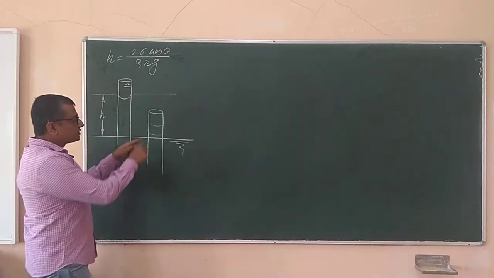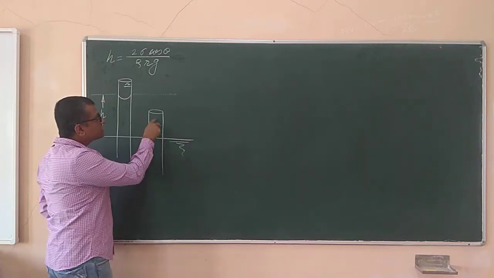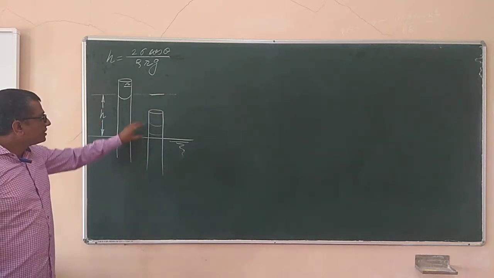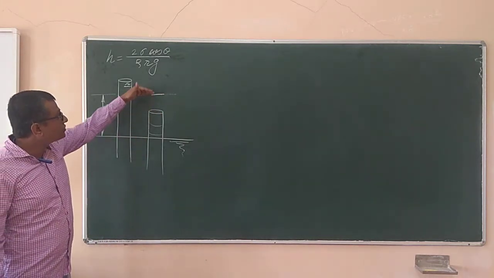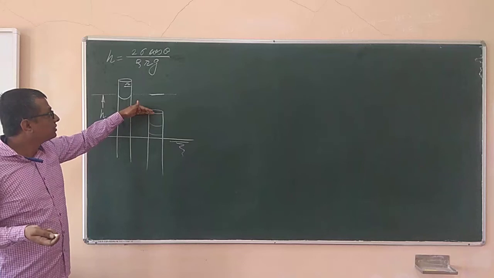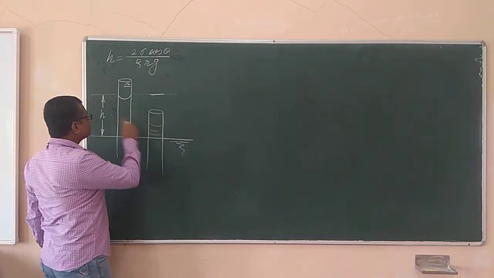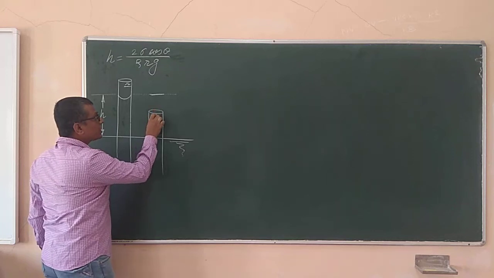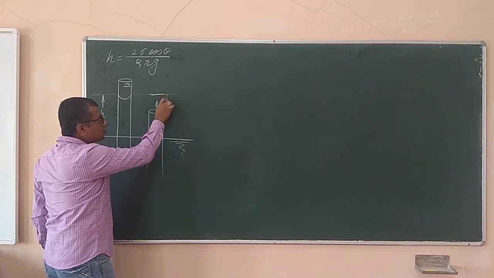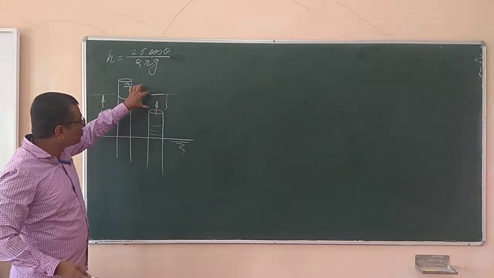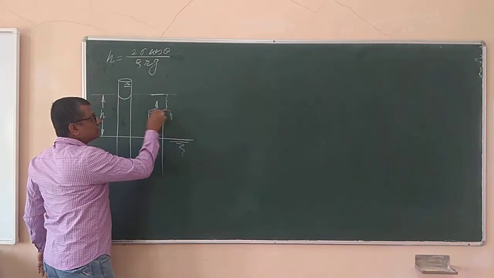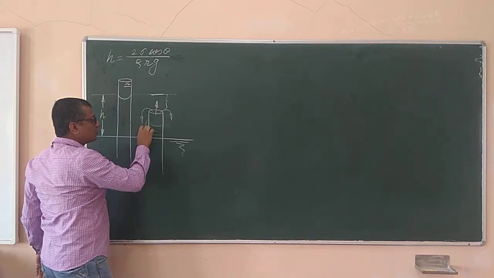It means that the liquid level in the capillary tube should rise up to this height. But the problem in the second case is that the total height of the capillary tube is not up to that level, it is up to here only. Then what should happen, or what can probably happen? So you may think that the water should reach up to this height H, and with the intention to reach that height, the water should come out of the capillary tube, and as there is no capillary tube material over there in this space, water can't rise up, so it should fall down due to gravity. So the water should come out of the capillary tube and fall down over here.